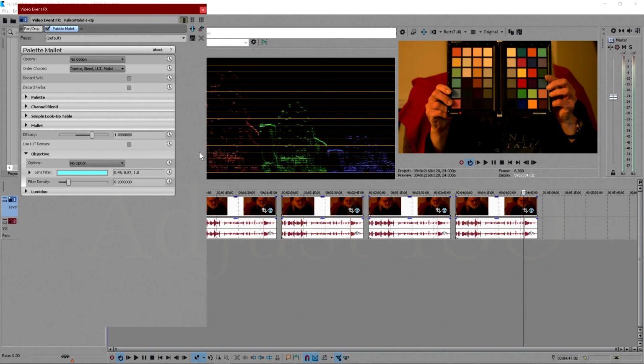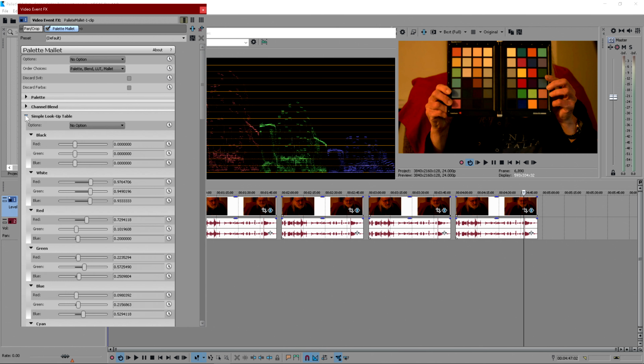In the 7th and final step of method 4, let's see if maybe we could make it just a little brighter. Okay, so how can we make it brighter after all this? Well, remember that palette mallet is kind of based on what film would look like. So in the simple lookup table, we have the option